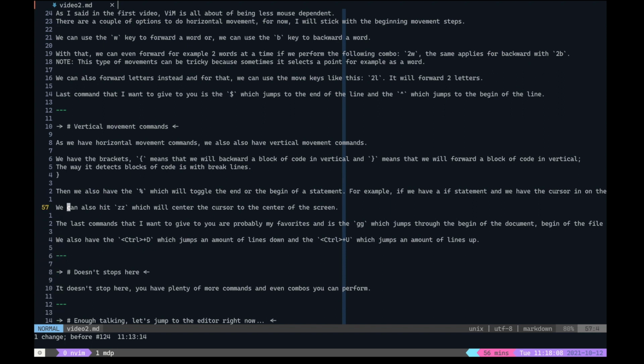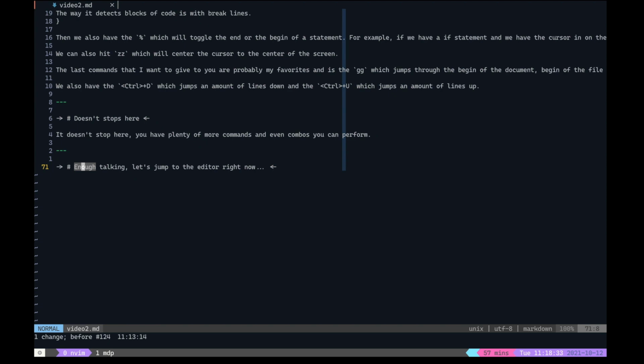We also have the ZZ. As I said to you, I don't use that much, but it's a good option, and even if you are on the end of the file, it will center the cursor to the center of the screen, and I will prove that to you. I'm on the end of the file. There is no more line behind this. I will press two times Z. I'm on the center of the screen. It can be tricky, but it can be good to use sometimes if you don't grasp the cursor. But yeah, it's a good option.